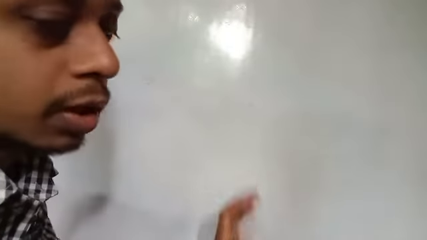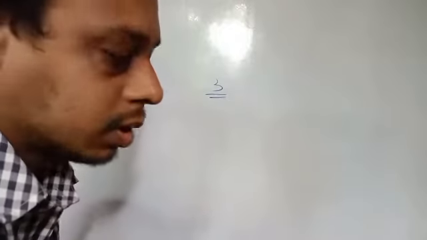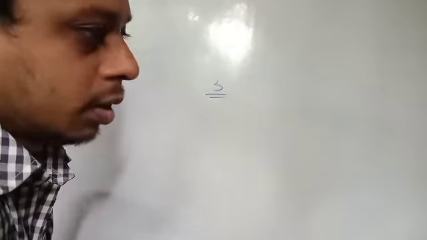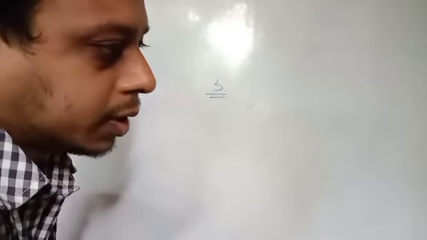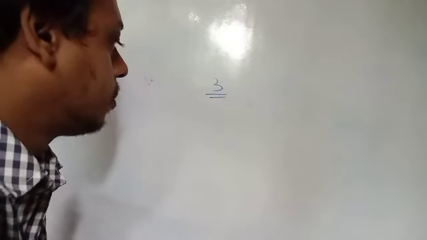This is the way to find out whether the number is divisible by 2 or not. No need to divide. Before that, using some formulas, you have to give the answer. Now, divisibility by 3. Test of divisibility by 3. Which all numbers are divisible by 3? If the sum of all the digits is divisible by 3, then the number will be divisible by 3.